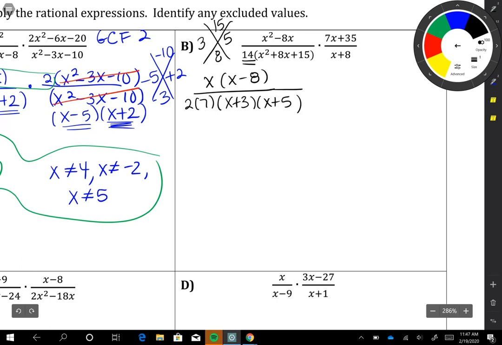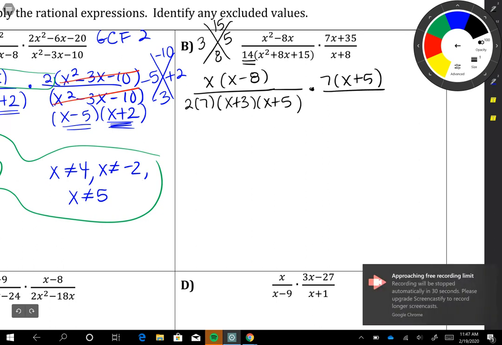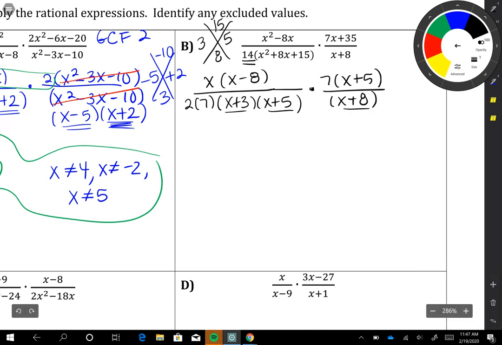All right, nothing yet to cancel. Let's look at our second fraction. 7x plus 35. I could take a 7 out of both of those terms, and that would leave me with x plus 5. And then I just have x plus 8 on the bottom. So that's what we have left over. I will have 3 excluded values because I have 3 factors with an x in them. They would be negative 3, negative 5, and negative 8. And I can cancel, look at this, the 7 and the x plus 5. But that's all I can cancel because that's all that is exactly the same in the numerator and the denominator. So in my numerator, I have left x times